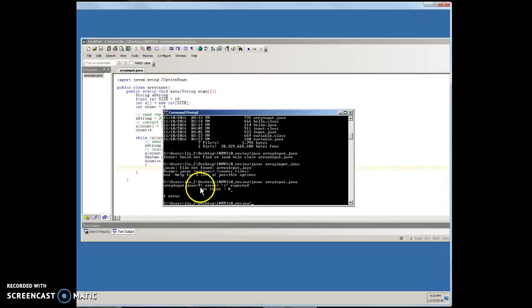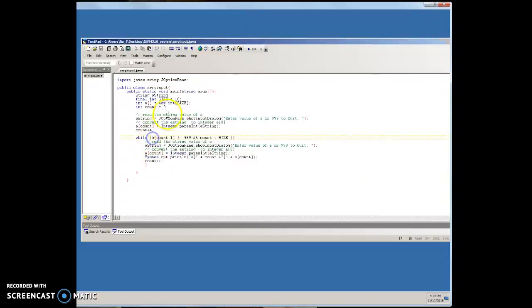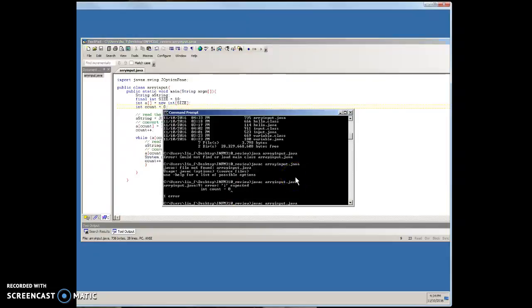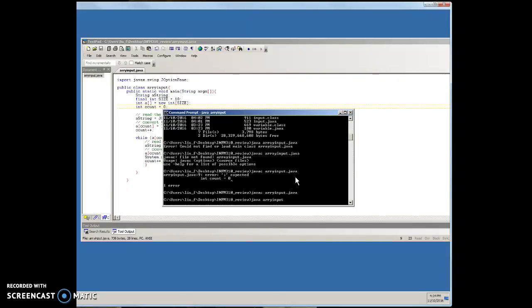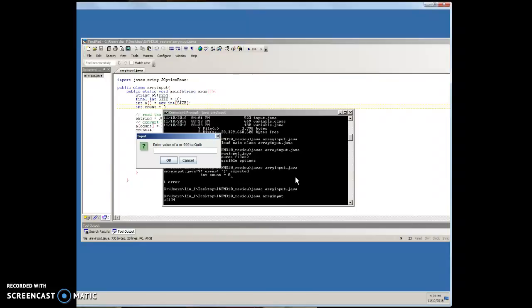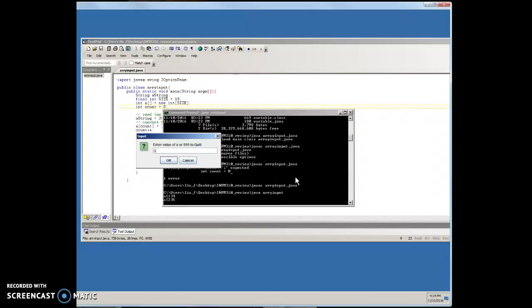Then we look at which line the error is on. It's on line 9. So we need a semicolon for count equal to 0. So line 9 is right here. So we go back to it, and we compile successfully. Let's see. Let's run that. Okay, so enter the value of A or 999 to quit. Let's put 3. Is that supposed to print out something? 4. Okay, it does print out. 5, 6,